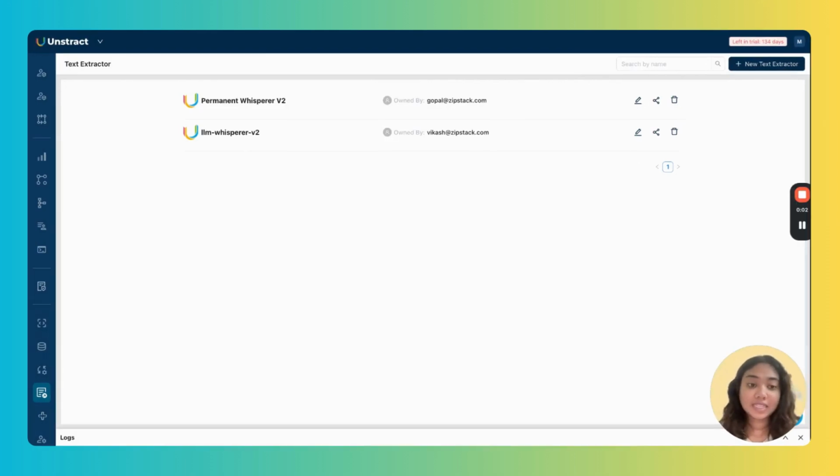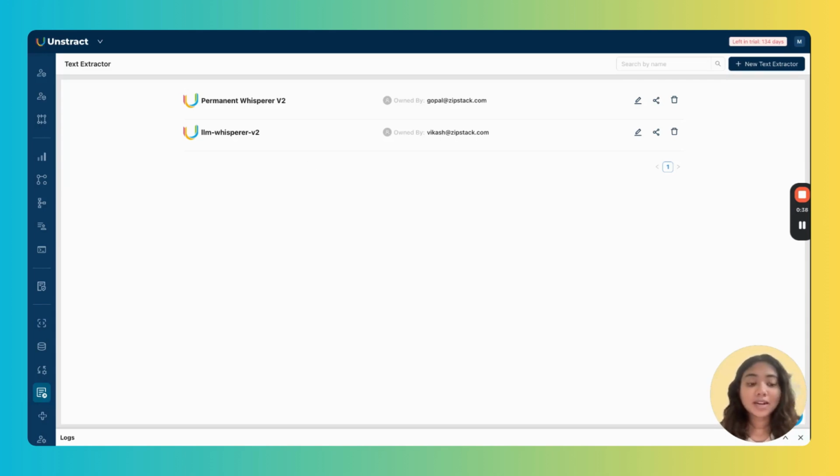Now, depending on your needs, Unstract actually supports multiple ways of extracting data from bank statements. Now, I will go through two major methods in this video. So, firstly, what you can do, or the easiest way in which you can extract data from bank statements, is probably through our ready to use API.